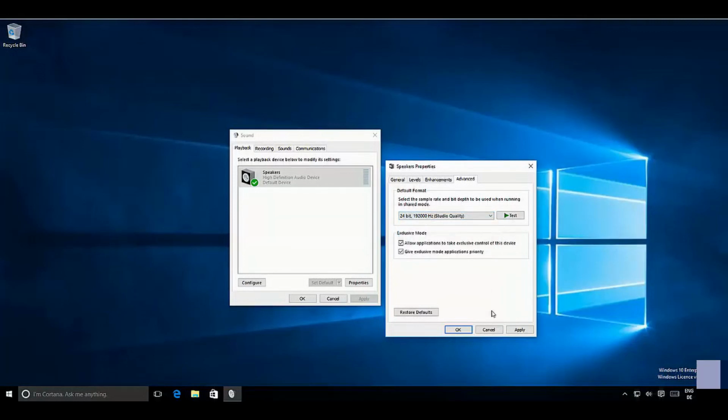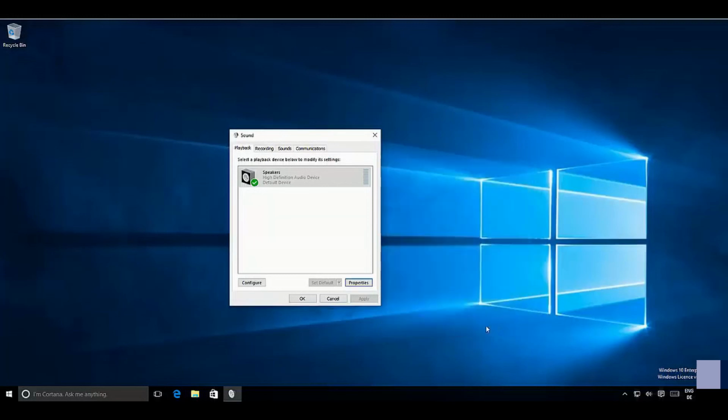Okay, so these are some of the ways by using them you can solve your audio